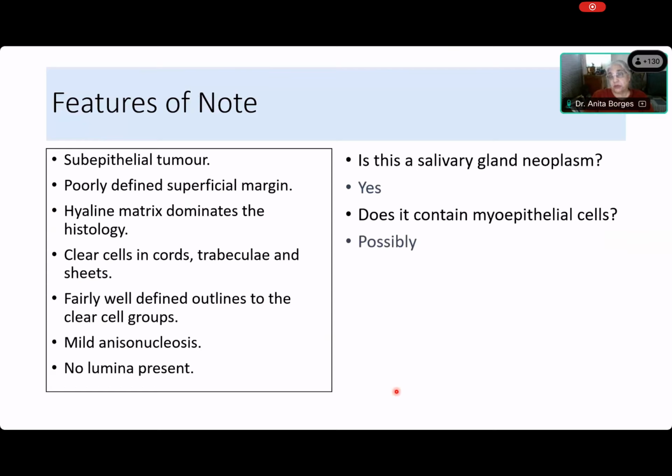It may or may not be. How do I know whether these are truly myoepithelial cells or not? Because myoepithelial cells can be very clear. In myoepithelial cells, you get basaloid, small cells with very indistinct cytoplasm and small nuclei. You get plasmacytoid, you get spindly, you get oval, and you get clear. So now tell me why these cannot be myoepithelial cells. And myoepithelial cells produce matrix. They produce all kinds of matrix.